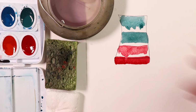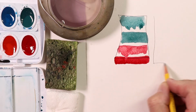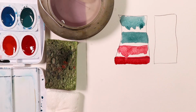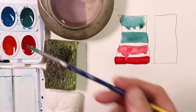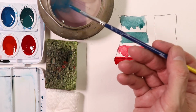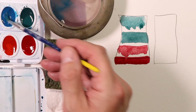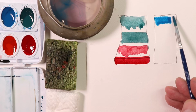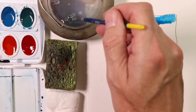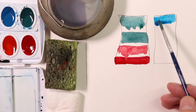Let's take another swatch. I'll draw another swatch here. So this would be, okay, another swatch. Now, sometimes you're going to want a lot of water. Let's go in and pick up some blue. Sometimes you're going to want a lot of water, so you don't even want to check off any water. Maybe it's a sky wash, like that. And then you'll go in and get your water, and you'll just go right in and